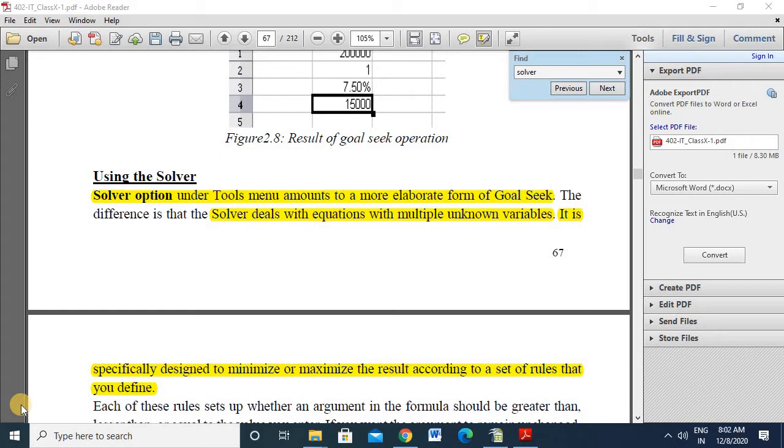If you have not seen my video on goal seek, please see that video so that you can understand how goal seek works. When the data is given, formula application is quite easy, but when the formula and result are given and you are deciding what the data should be, then there is a role of solver and goal seek.